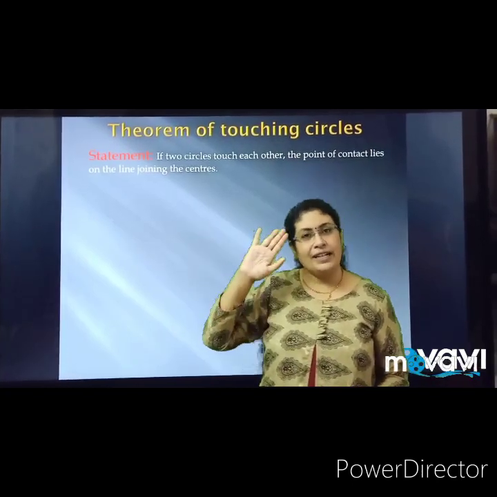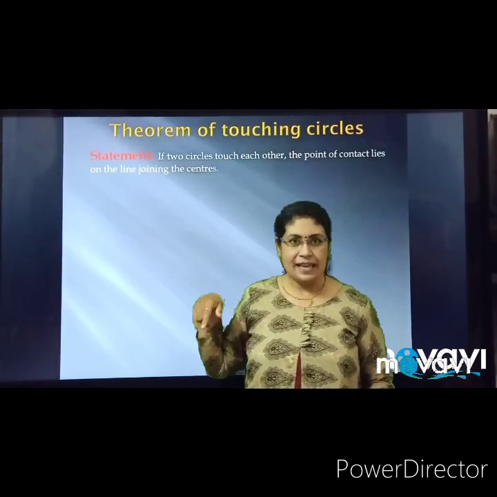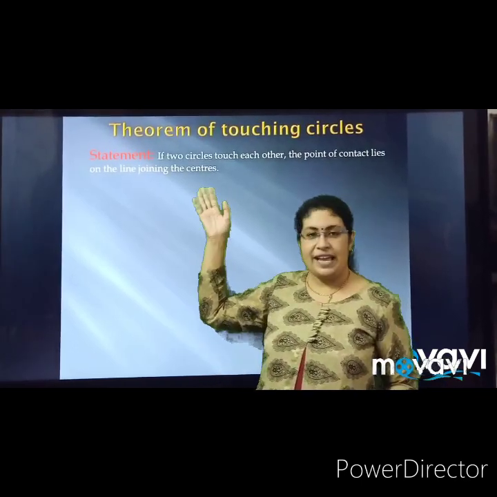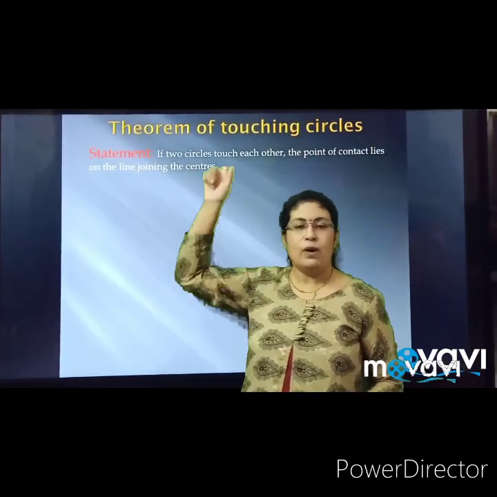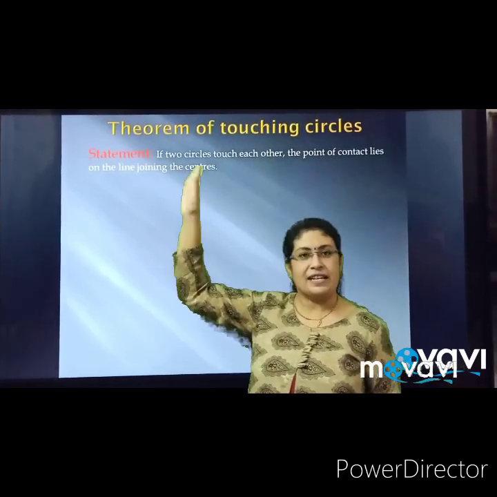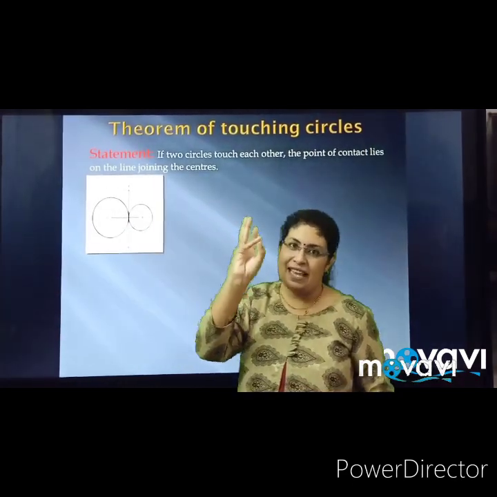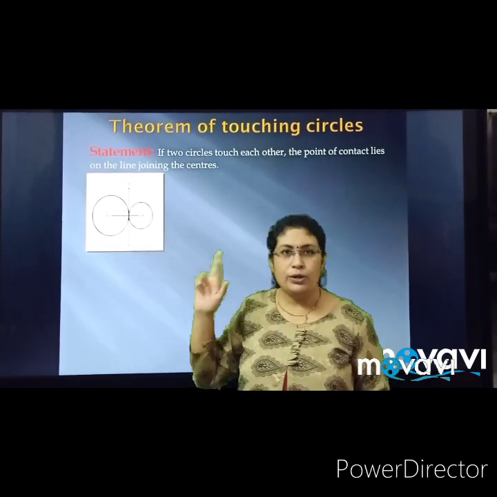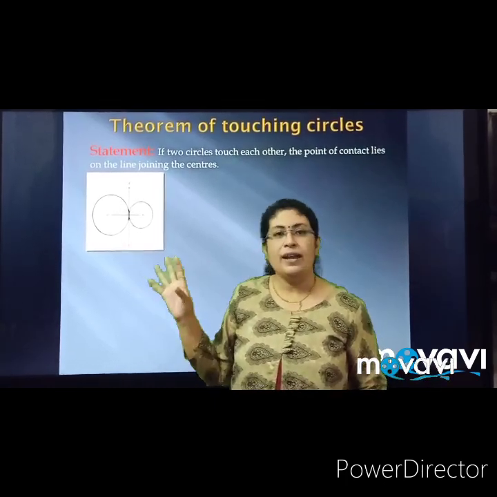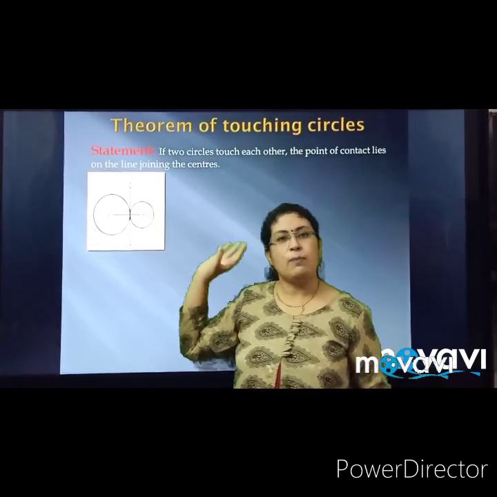So we will take our previous diagrams once again to explain this theorem. What was our first diagram? That was circles touching externally. The statement says that there are circles touching each other. They have not told us whether they are touching externally or internally. So it doesn't matter, we are going to consider both the cases. The theorem is one but we are going to consider both the diagrams.